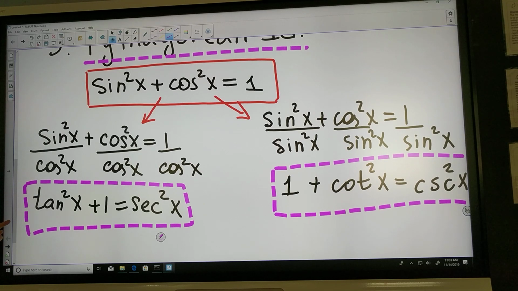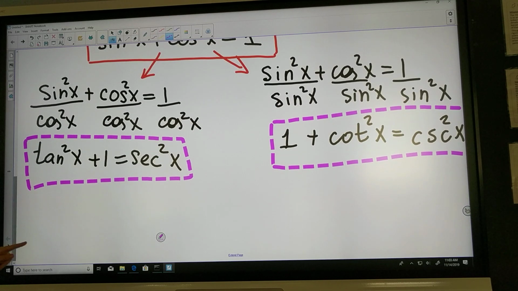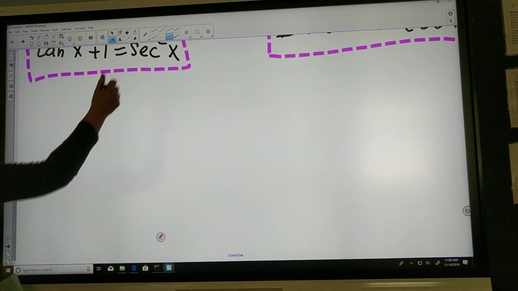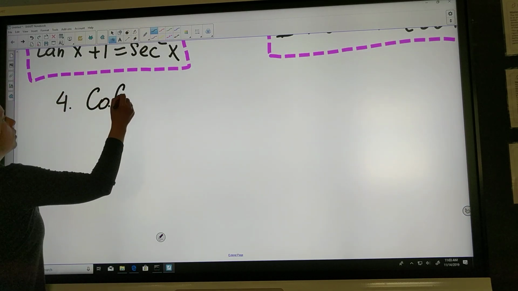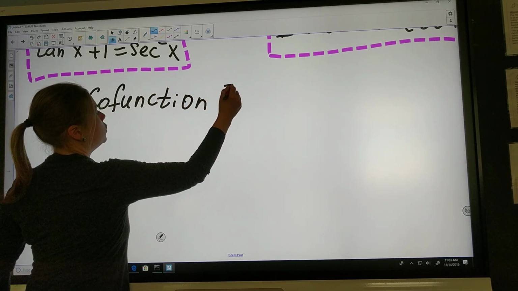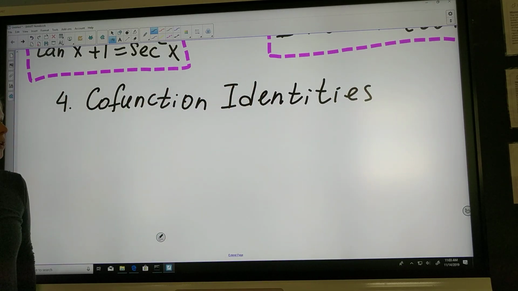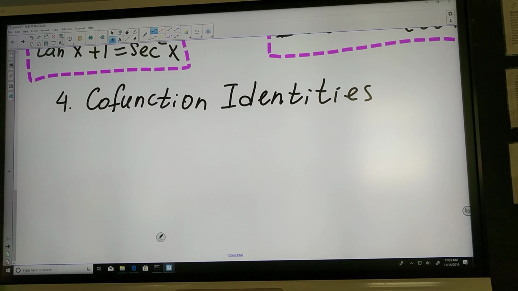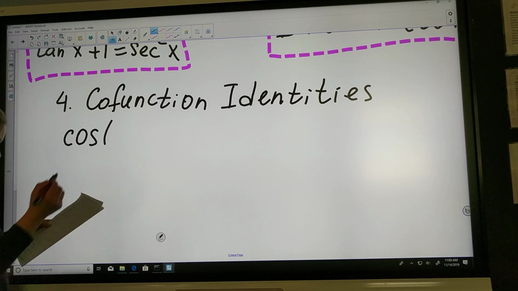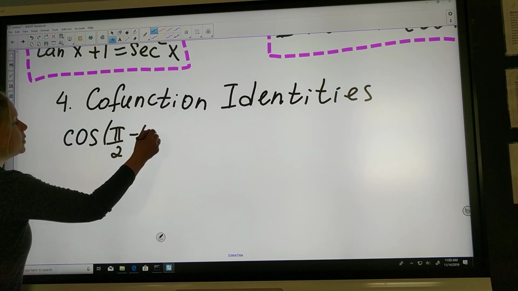The next is cofunction identities. Number 4, which we already learned and are kind of reviewing today. Cofunctions of complementary angles are equal, which means cosine of pi over 2 minus theta will be equal to